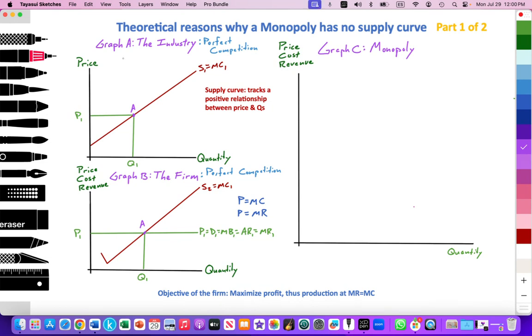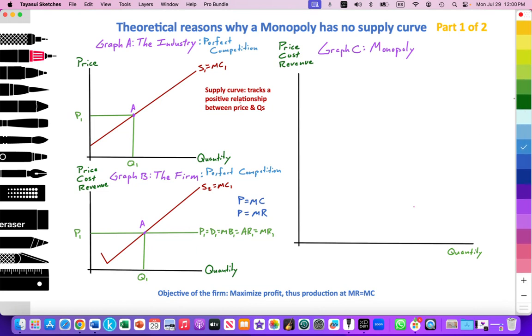So just for review, here we have graph A, the industry, for perfect competition, where yes, the supply curve is equal to our marginal cost of production. We have price on the y-axis and quantity on the x-axis. And we have a particular price set at P1 with a quantity supplied by the firm or firms, since this is the market supply within the industry, at Q1 at point A. And we know that with